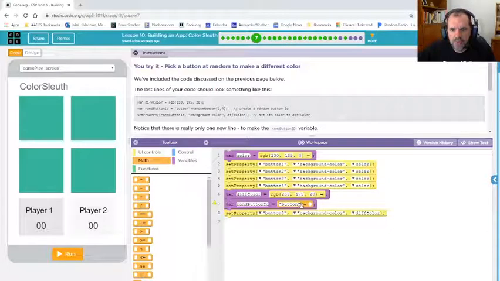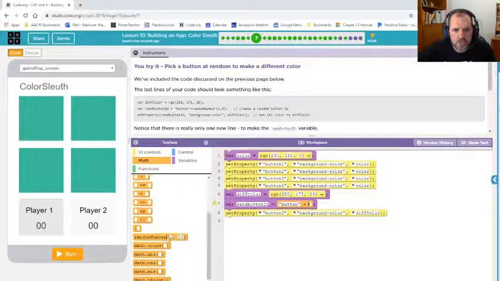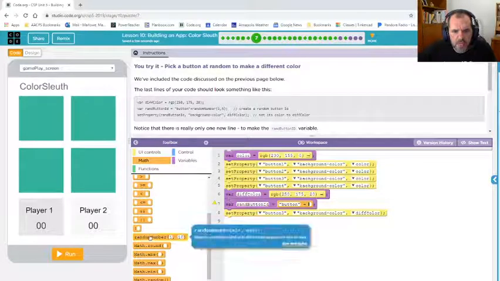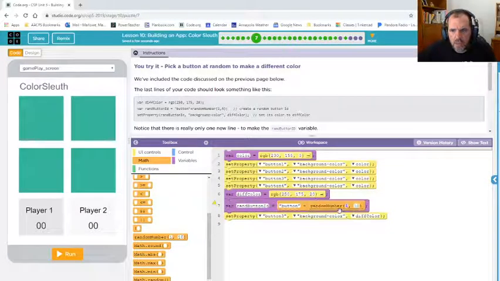So I have a button right there, and then a random number between 1 and 4. We've used the random number before. If we take this random number block right here, it's between 1 and this default is 10, but we're going to change that to 4. So we have random button ID, and then what we're going to do is set the property of,